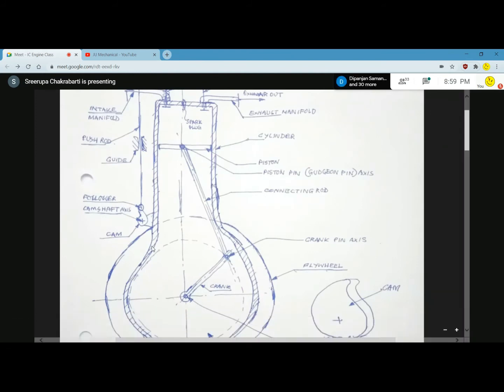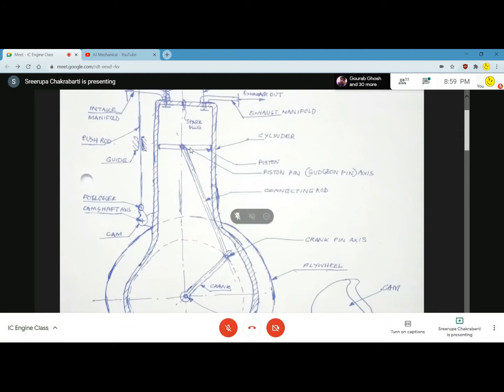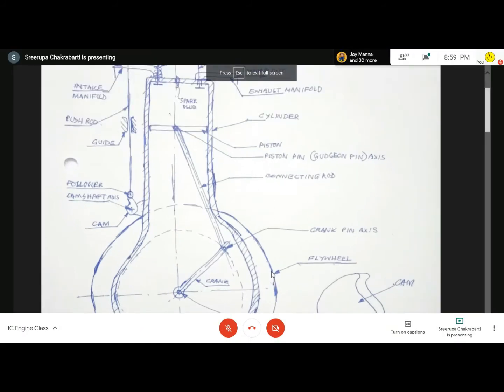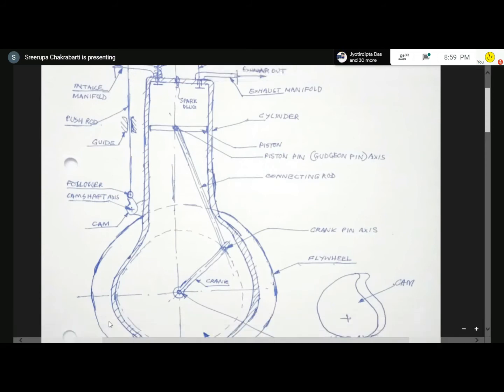I have also explained the camshaft and valve operation. So these are the moving parts. Another moving part is this big wheel. It's called the flywheel. This is also connected to the same crankshaft. When the crankshaft rotates, this flywheel also rotates. And when the piston moves down in the power stroke, there is a lot of energy associated with the movement of the piston, connecting rod, etc. And out of that, a major portion of energy goes into the flywheel.